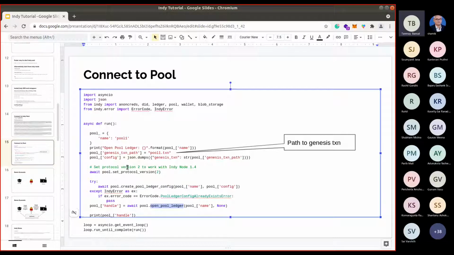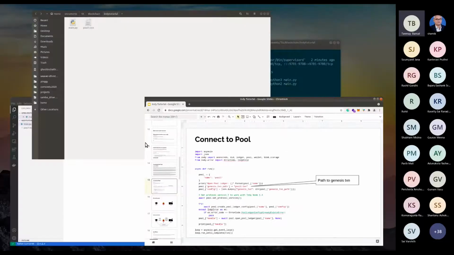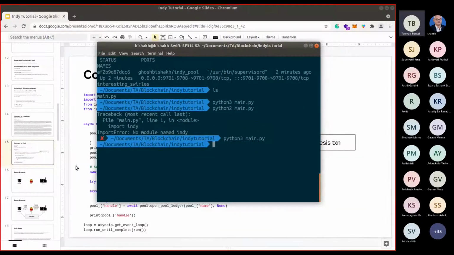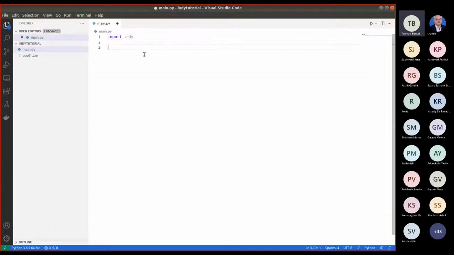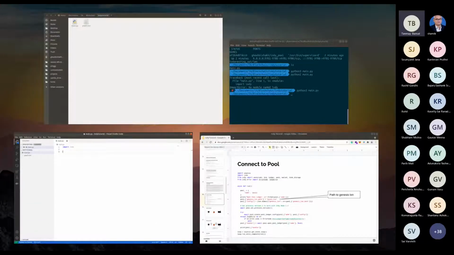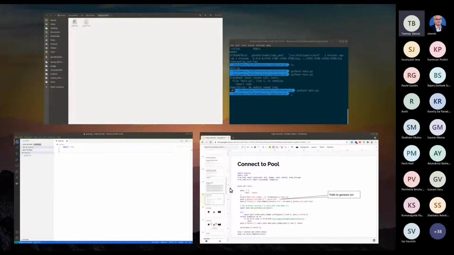This open pool ledger takes the Genesis TXN and some other config. Basically, it takes the path to the Genesis TXN transaction file, and then it tries to open the ledger. Okay, so let us go ahead and try this code and see if this works. I need to import a bunch of stuff, but let me just go ahead and paste the initial code.